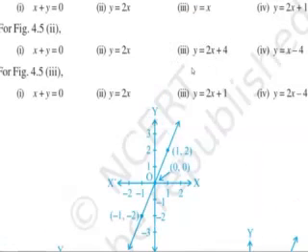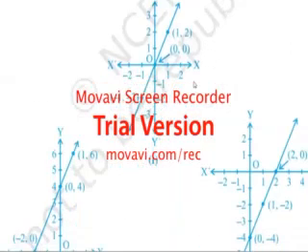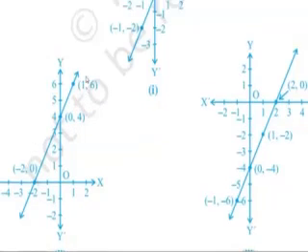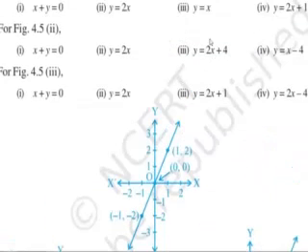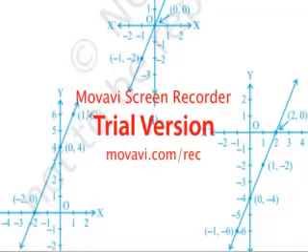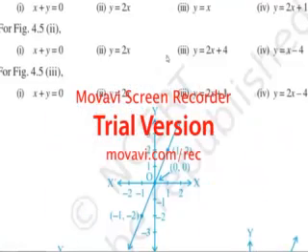Then y is equal to 2x plus 4. Let's see, 2x plus 4, here it is coming. 2x plus 4, here also it is coming. 2x plus 4, of course it is coming. For all 3 points, y is equal to 2x plus 4 works. Let's see the fourth option also, y is equal to x minus 4. It is not coming. Yes, x minus 4, when we do it, it becomes -3, which is not right. So of course option 3 is the right answer.